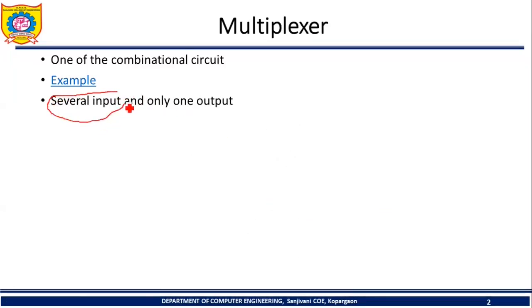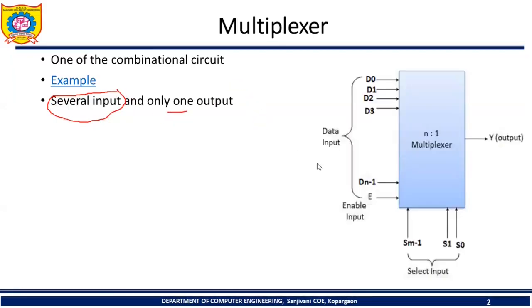Okay. So let's try to understand this multiplexer with the help of this diagram. In this diagram you can see one multiplexer, and that multiplexer is called as n/1 multiplexer. So why is it n/1? Because this multiplexer has n input lines. See here, these are the inputs which are labeled from D0 to Dn-1, and this multiplexer has one output. So that's why this particular multiplexer is called as n/1 multiplexer.